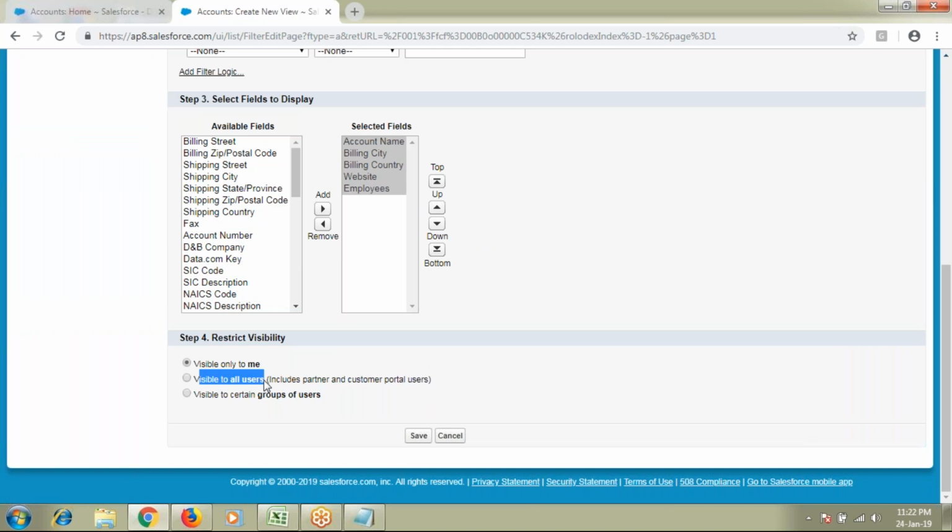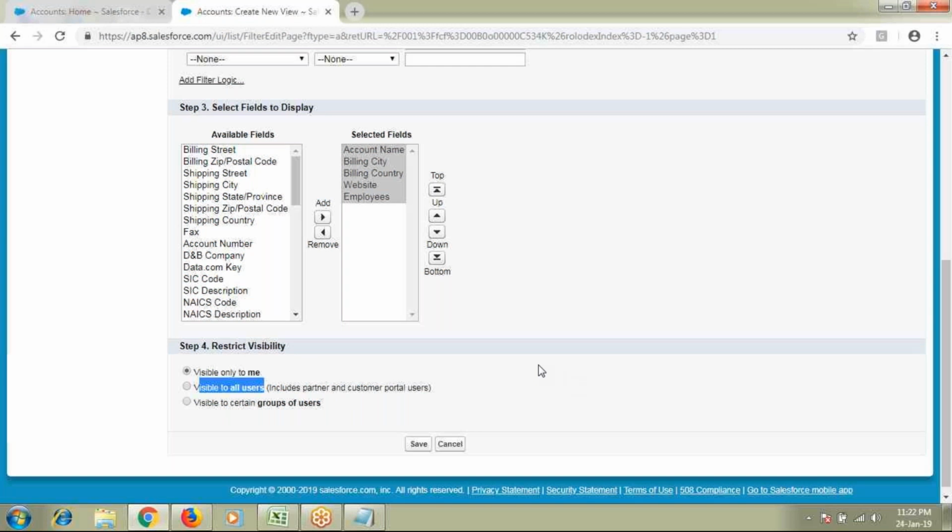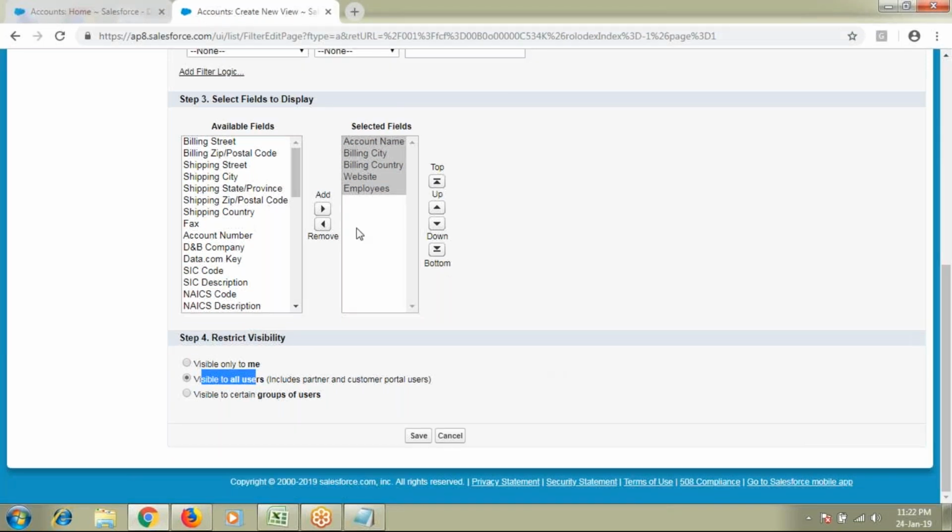If you are an end user, in 90% of cases, wherever you create a list view, you will make it visible only to you, but not to anybody else. If you are an administrator or a developer creating an application on behalf of the end users, then whatever list views you create will also be on behalf of all the users. So whether this particular list view should be visible to all the users or only to me.